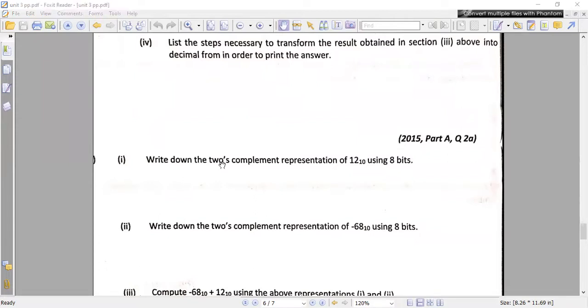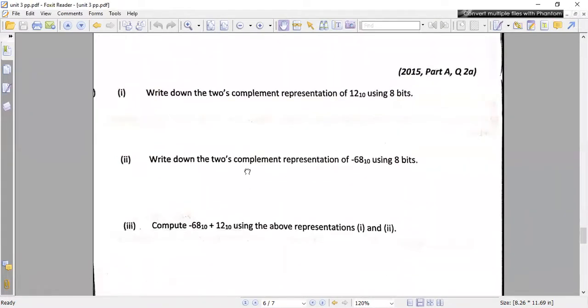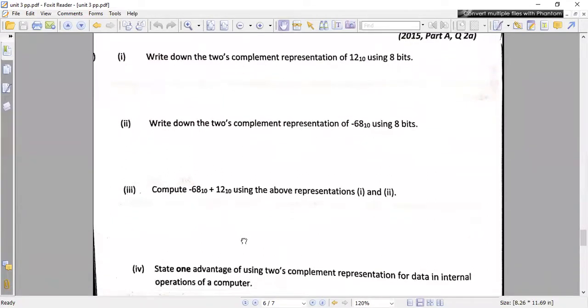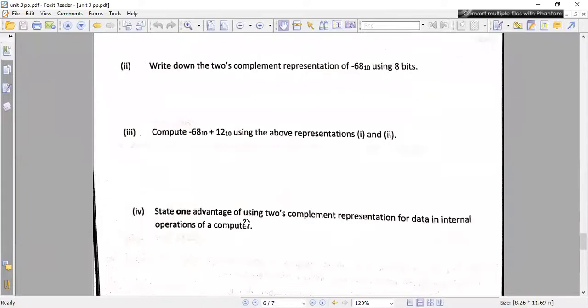Okay, next one, write down the two's complement representation of 2, 12 and 8. So these things are done the same way. If you have any problem, tell me. If you want me to explain anything,